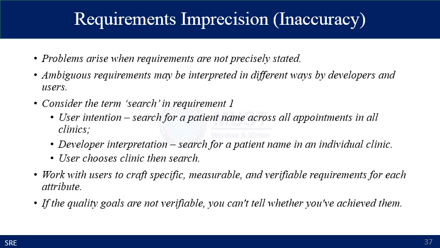User intention is to search for a patient name across all appointments in all clinics. And in case you are a developer, you can interpret the search from the requirement as searching for a patient name in an individual clinic. So the user chooses a clinic, then searches. So it can create an ambiguity and difference between the actual requirement and imprecision or translation of those requirements to